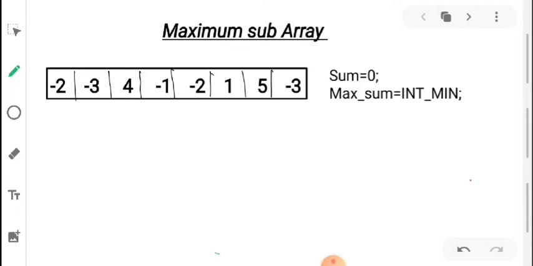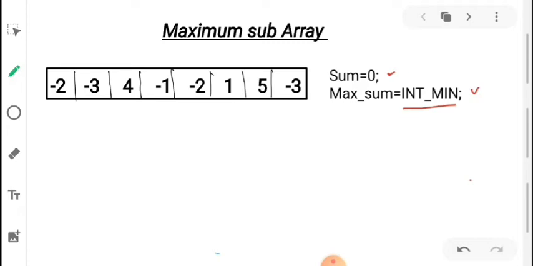So at the very first, we'll initialize our sum as 0 and we'll initialize our max sum as int min, that is a highly negative value. But why are we initializing our max sum as a highly negative value? Because whenever we get a sum that is any positive integer, we'll change our max sum to that positive integer, right?